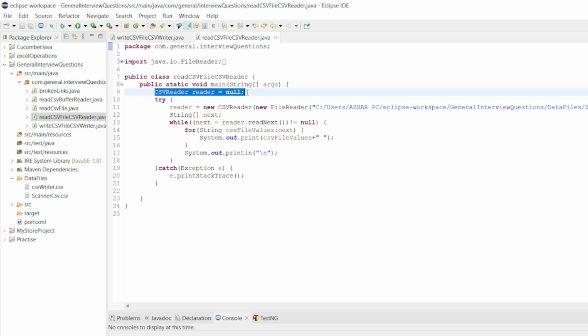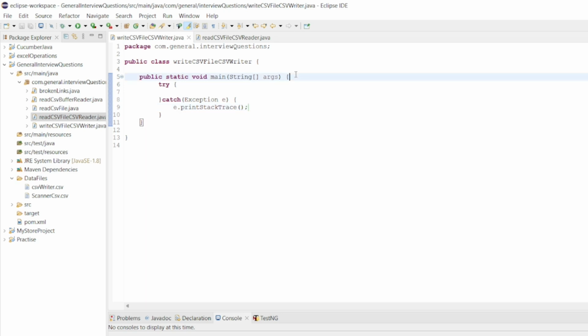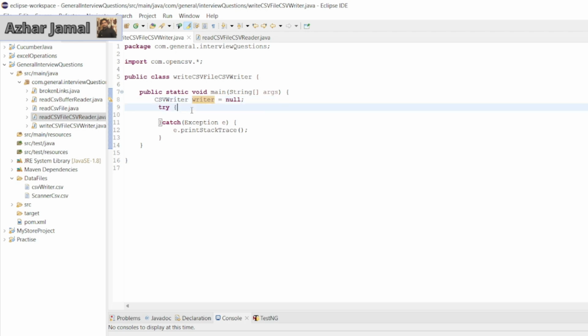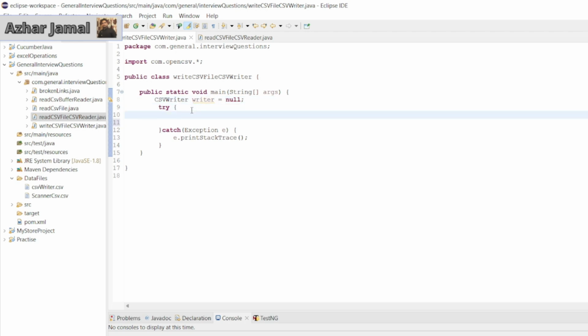So we'll take CSV reader equal to null. Instead of that, we'll write CSV writer. So let's take dot star. So I'll write CSVWriter writer equal to null. In the try we'll add the same. So writer equal to